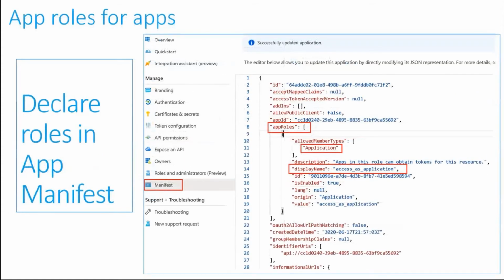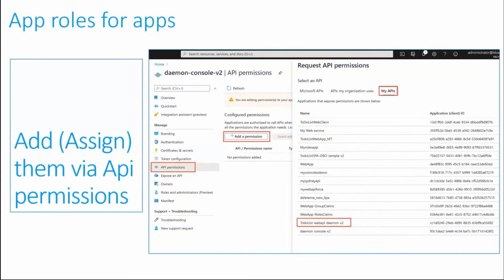The process to declare app roles for apps is more or less similar to how you do it for users, except that you go to the manifest, you declare the JSON, and in this case, you will use the allowed member types to be application. Once you have done so, you will start assigning those by going to a client application that needs these permissions.